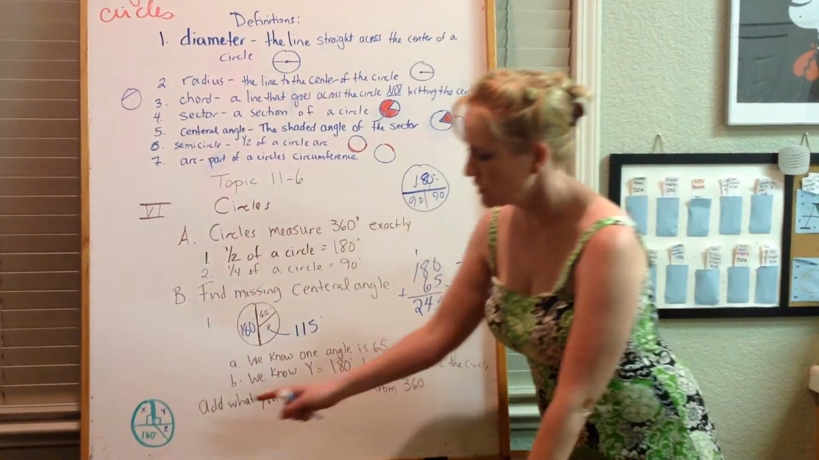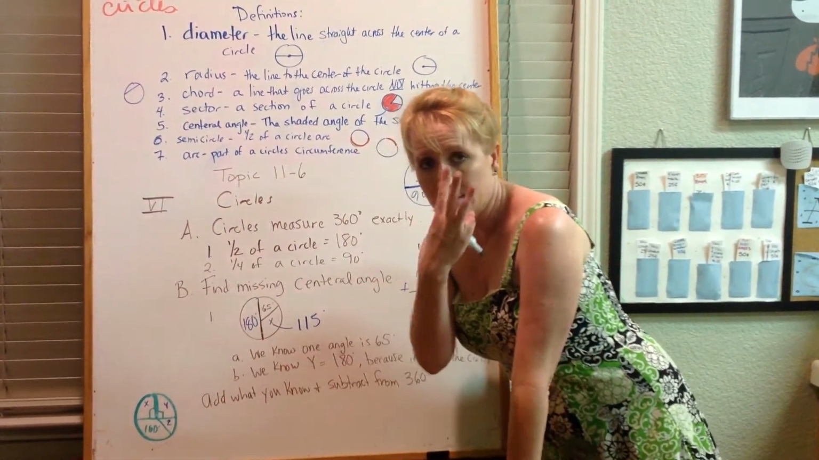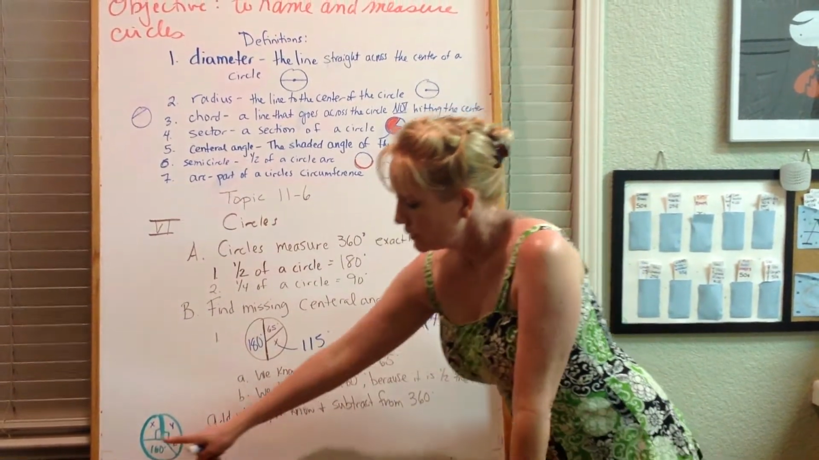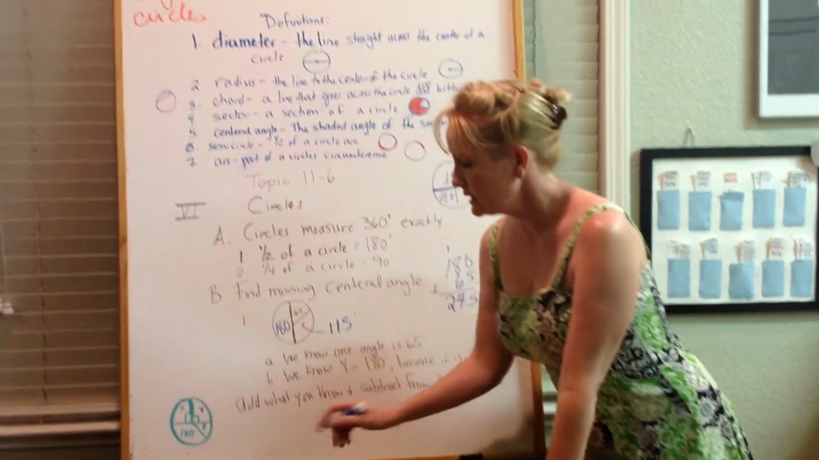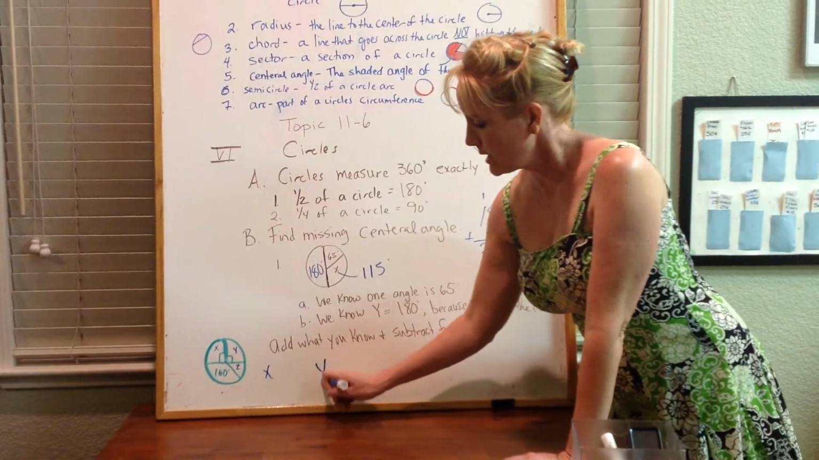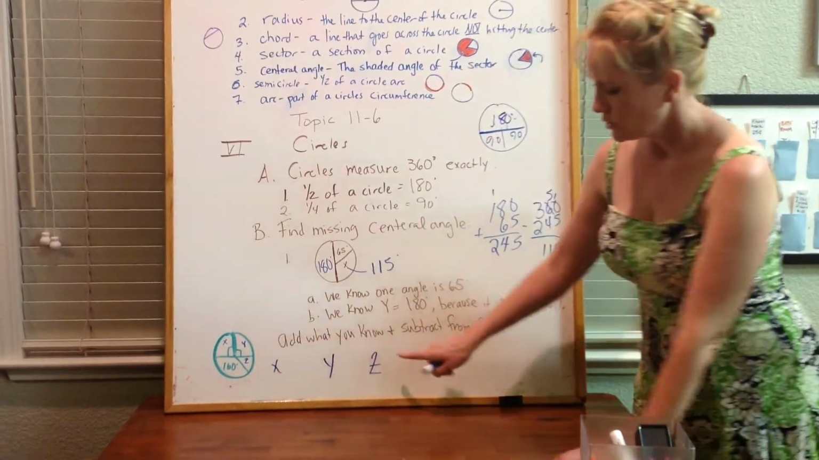Let's try again over here. I've drawn this circle right here. We have 3 missing sections. We know that this central angle is 160, so we need to find X, Y, and Z. Notice that we always cross